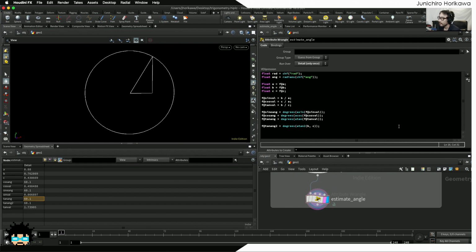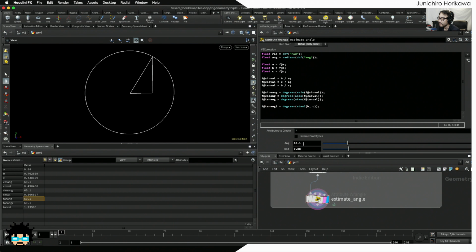Now let's see how it works. Currently the angle is 60 degrees. Let's start from 0, so it goes up until 180 degrees. Now you can see that the tangent angle 2 is rising up until 180 degrees, and after 180 degrees it switches to minus 180 degrees. But actually this minus 180 degrees is equivalent to 180 degrees,